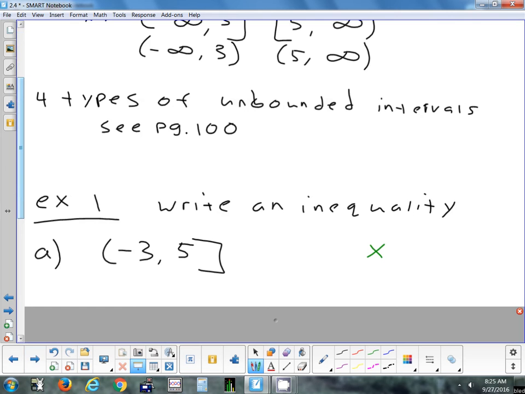Okay, just make sure, especially if you're writing the other way, from an inequality to an interval, smaller numbers up